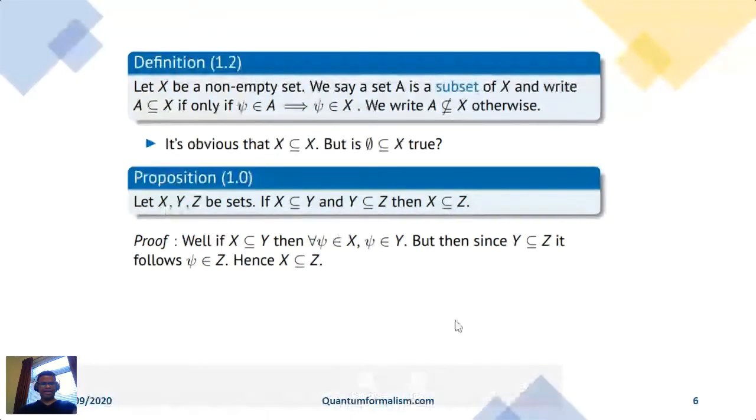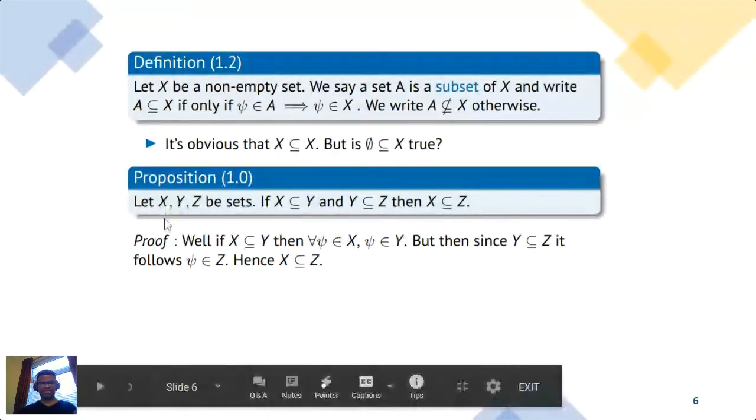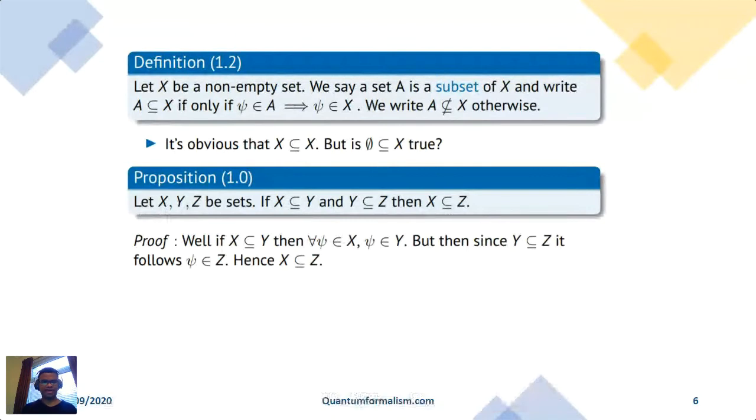Okay, so then obvious consequences, obviously this, I won't even spend time on this. Obviously, if you have three sets and X is a subset of Y and Y is a subset of Z, then obviously X is a subset of Z. You will have this slide anyway, so I won't, this is like kindergarten stuff.